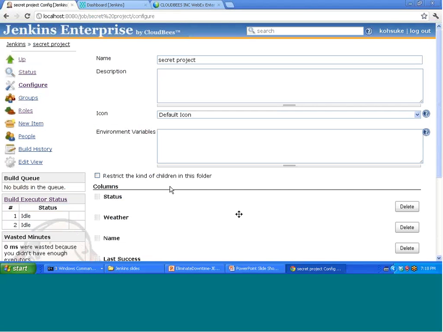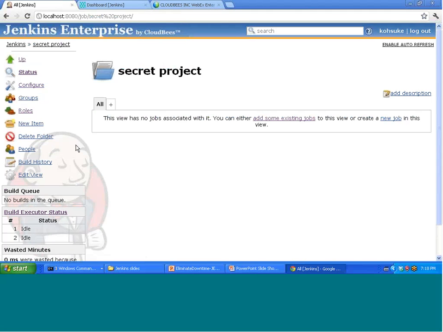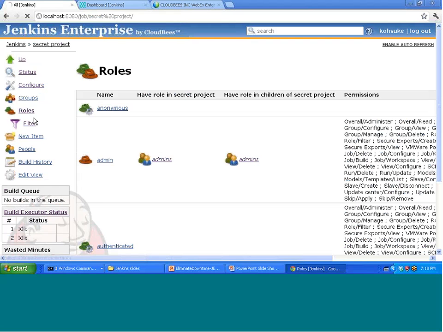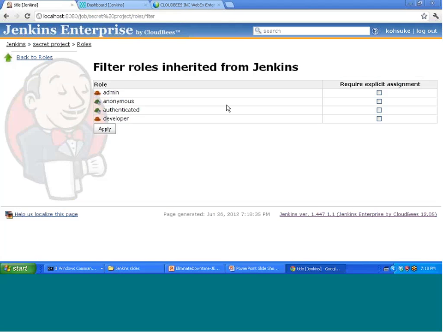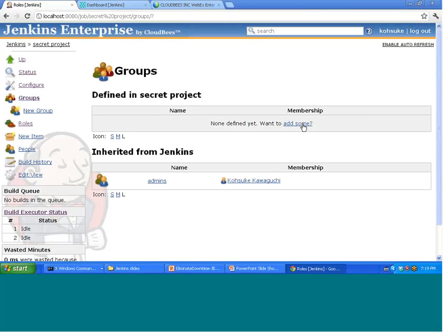So what I can do is I create a new folder, which I'm going to use as a basis for access control. And then in this folder, I'm going to define the roles that basically say the anonymous visibility and the visibility granted to every authenticated user is not automatically inherited into this folder. I'm going to grant the admin roles to inherit into this so that I won't lose access to it. But by setting this up, the secret project is no longer visible to those who otherwise have access to the top level. And instead, what I'm going to do is create the groups that are local to this folder, which